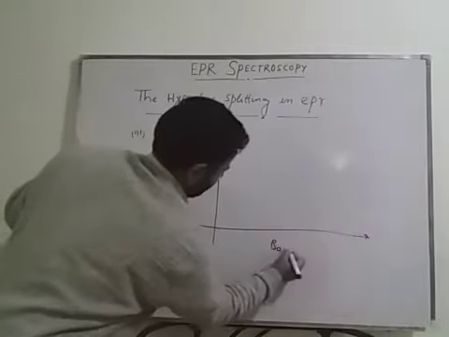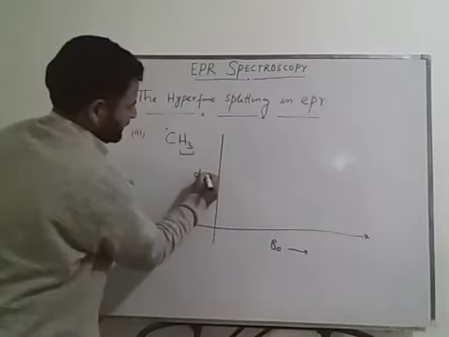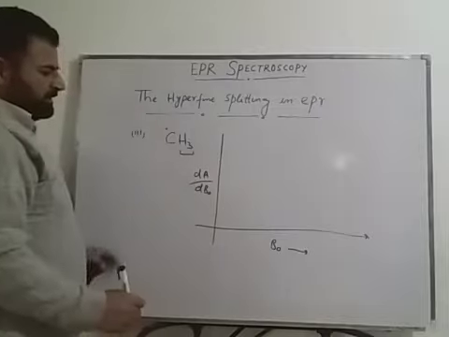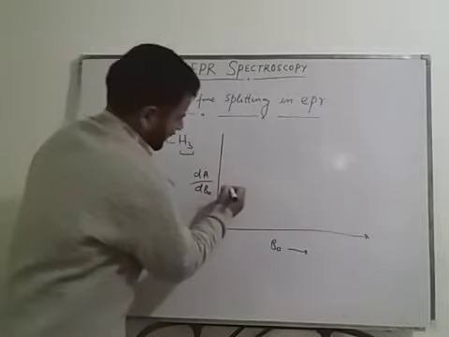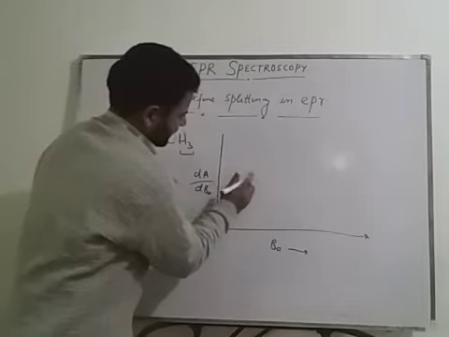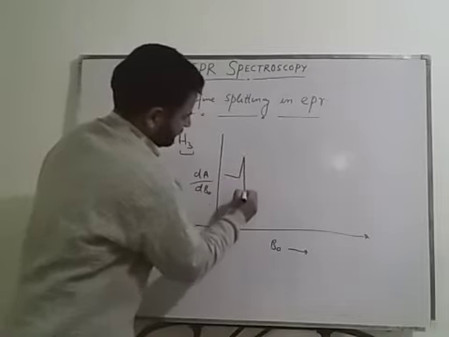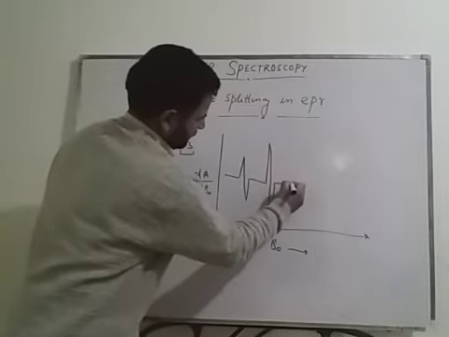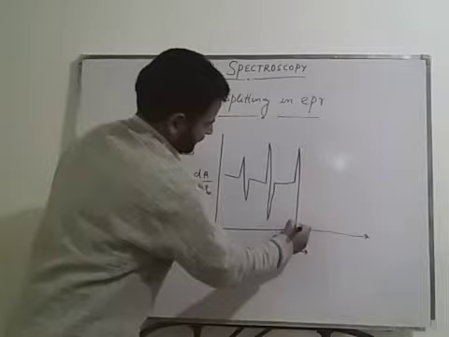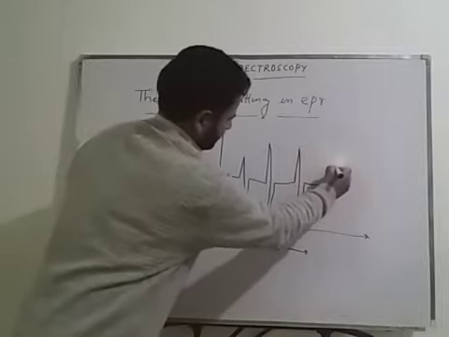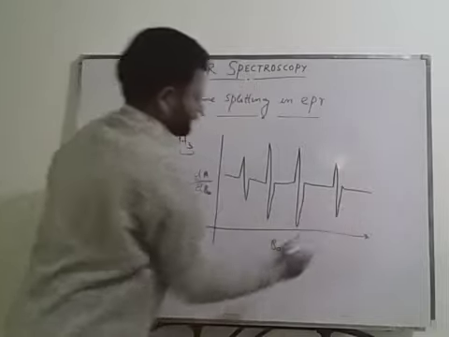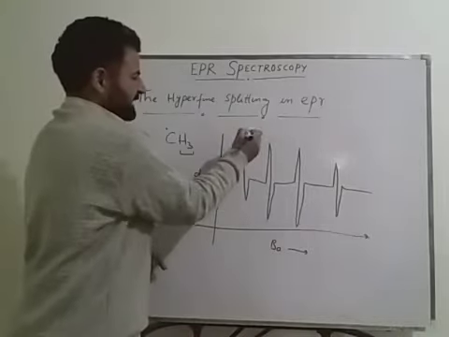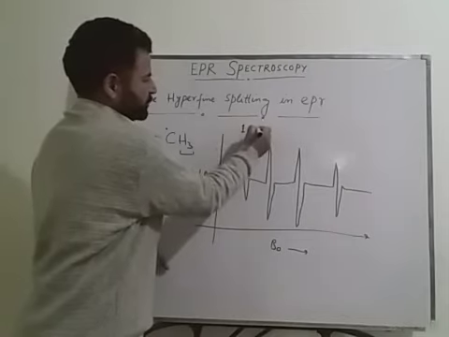This is B naught in this direction, and here it will be the differential of absorbance with respect to the applied magnetic field. The spectrum will be like this. So it will show four peaks, and the intensity will be in the ratio of